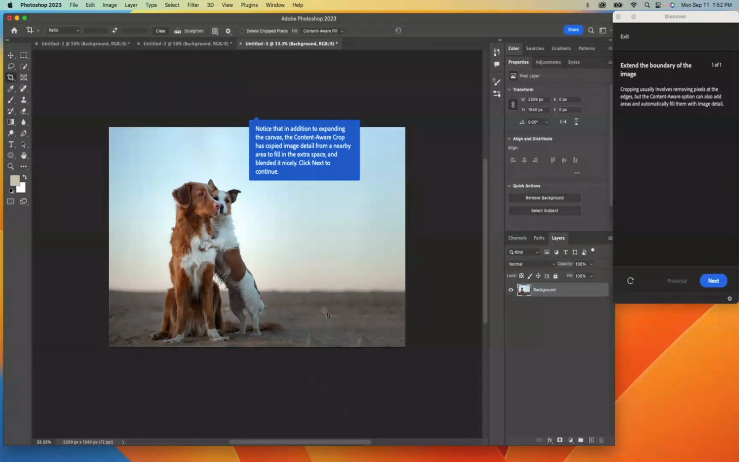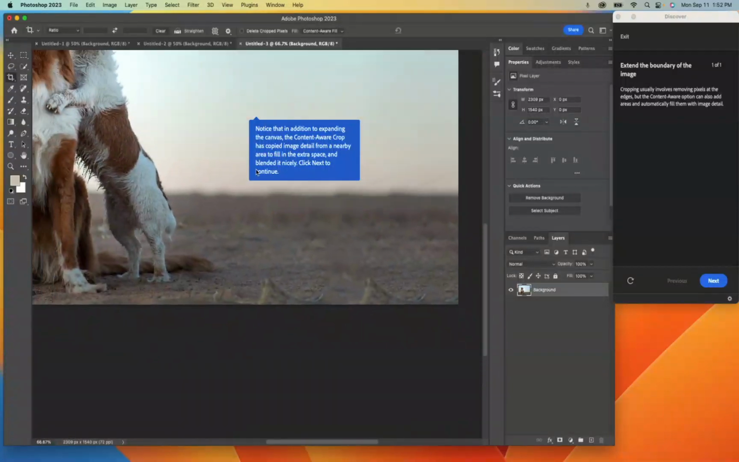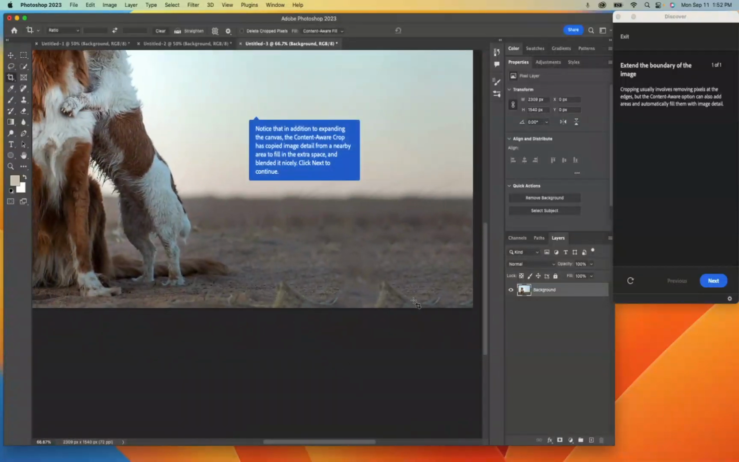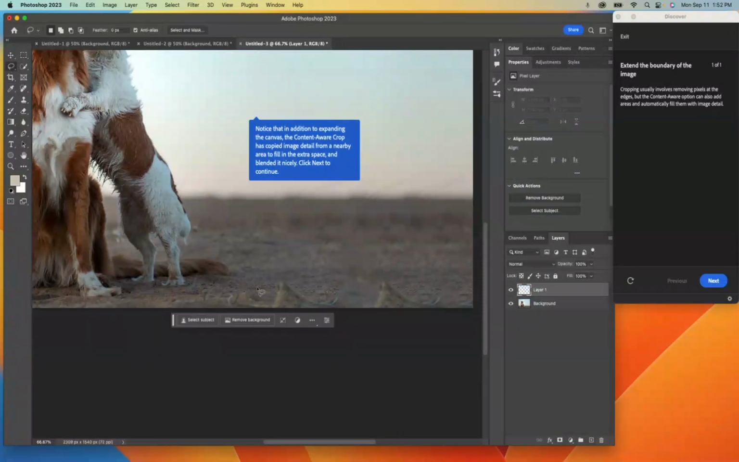Part of the reason that it does a good job is there's not really a ton of detail, but it's not perfect. If you come down here, what is going on down here? So I'm going to show you a way to fix that. We're going to do plus to add a new layer. I'm going to come in and take the lasso and highlight around this